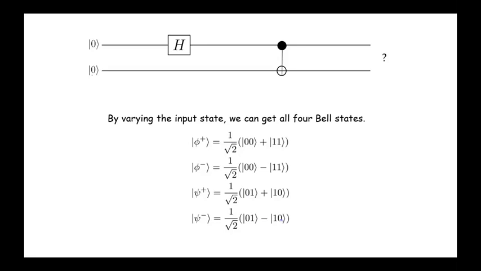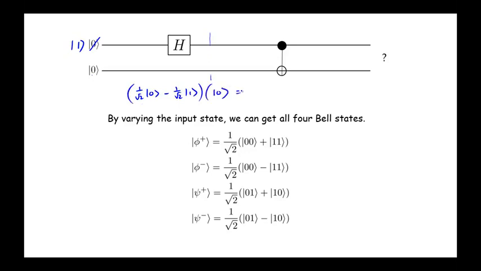And you should also check that as you change the input bits, say from 0 0 to, shall we do one more example? Let's say, what happens if you start with 1 0? Okay, so suppose that you start with 1 0. Now what's the output look like? Well, at this point we'll be in the state 1 over square root 2 (0 minus 1) for the first qubit,